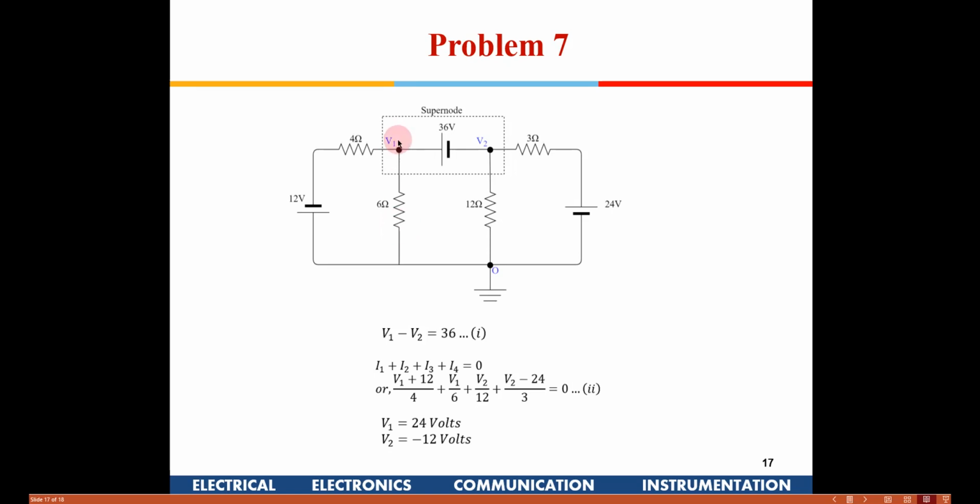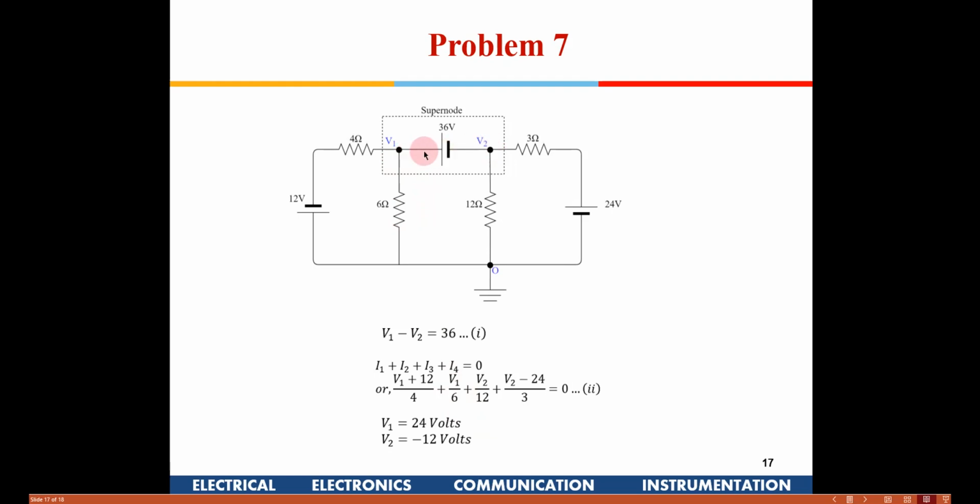You can take either which is coming in as positive or going out to be positive, but at any given time you have to follow only one convention. You cannot have different rules for different branches. Now in this particular example we are taking current which is going out to be positive, so we follow that for all the branch currents. So V1 plus 12 by 4, V1 by 6. That is the second current.